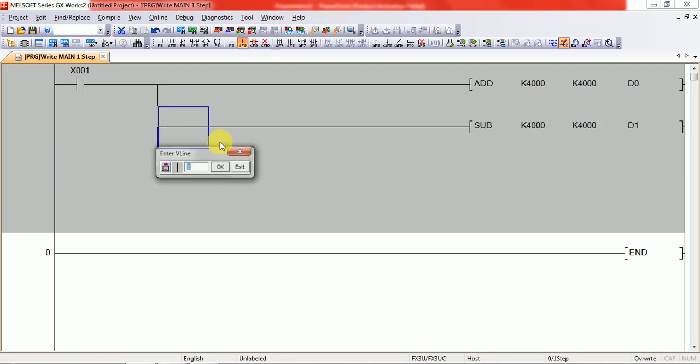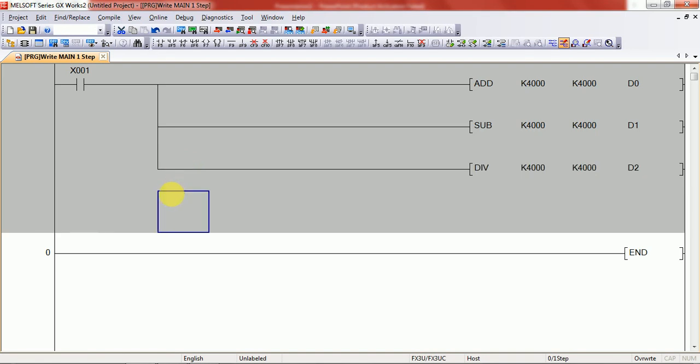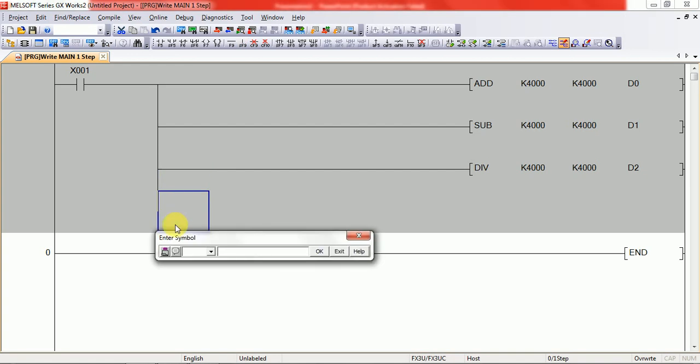And the same for DIV division, K4000 and again K4000 and D2. Okay, the last one is multiplication, MUL, K200 and K10 and D3.